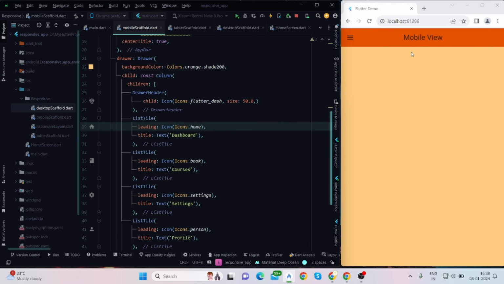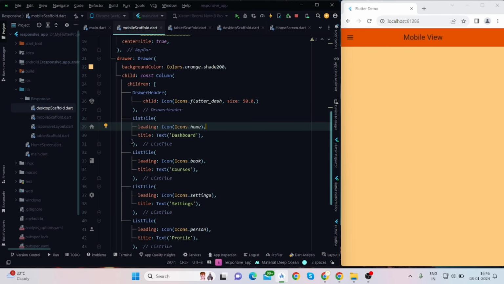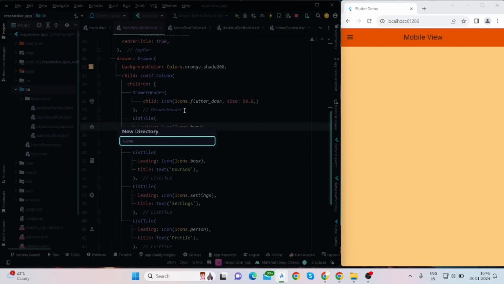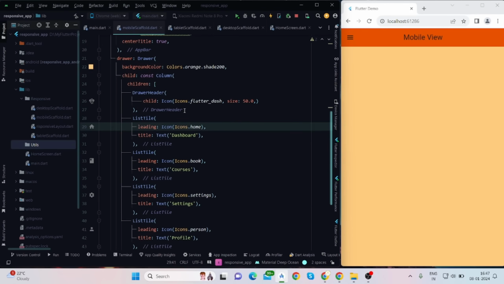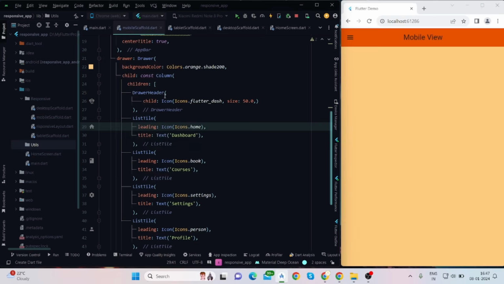Now when you tap on drawer, these are the options. Now I will create another directory, meaning folder, by the name utils, where I will put all my repetitive code. Inside this I'll create a dart file,